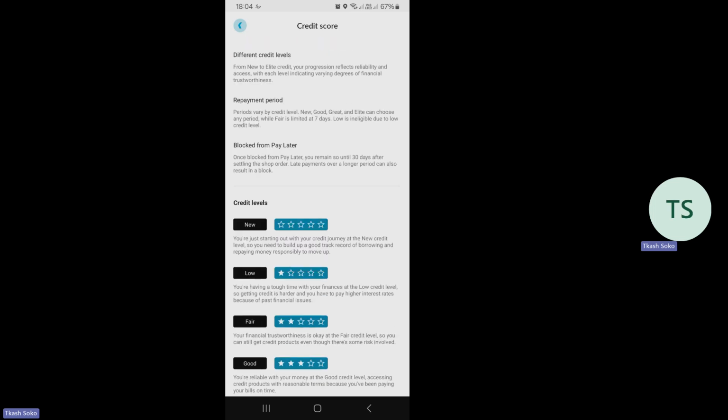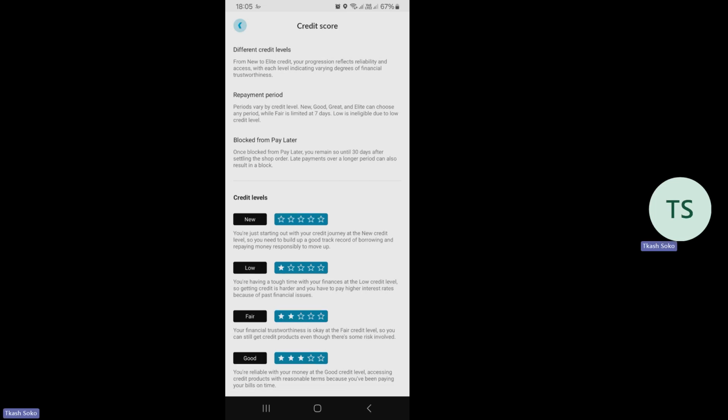So one of the things I would want you to note is that a person can also be blocked from using pay later. Na atakiblokiwa hawezi access pay later, not just from your shop, but from all the shops. So this is what I want you to understand. There are different credit levels. Kuna new. When a person just downloads the app, anajipata kwa new credit score. Huyo mtu ni mgeni. The AI and the app has no history or data about the spending habits of the person, and therefore hawezi pewa credit na app.